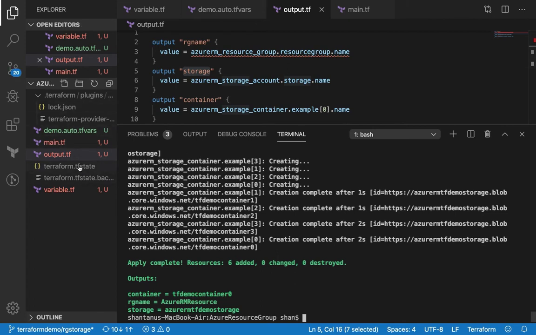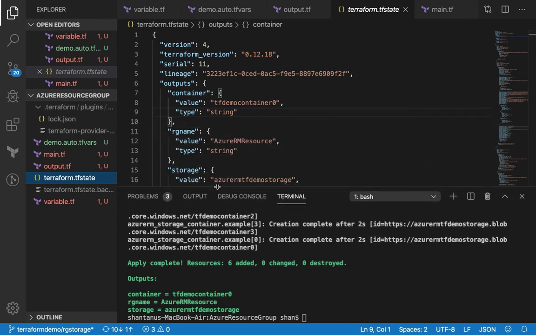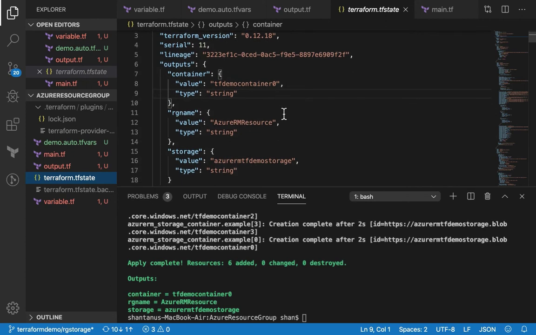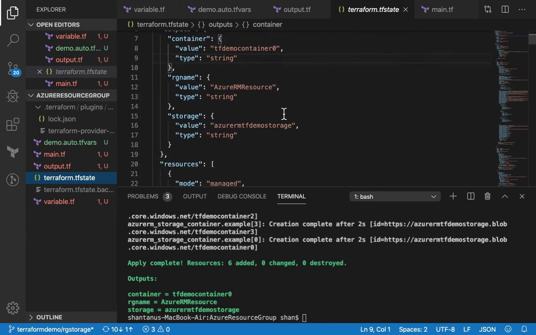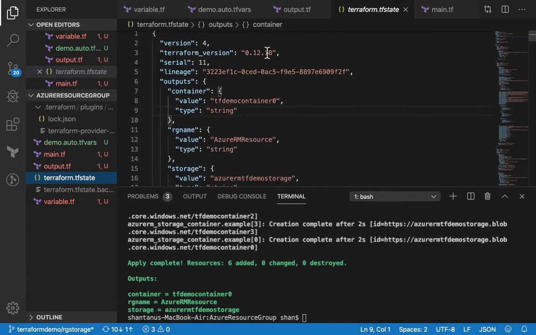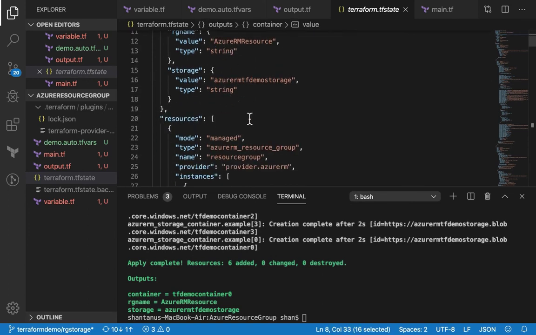You would notice that Terraform has also created a state file. The state file is basically a database for Terraform. Terraform stores information about your managed infrastructure and configuration. It is used by Terraform to map real world resources and understand what resources it has created and what resources it needs to delete when you give a destroy command. State files are simple JSON files which store all your information. You can see the version of Terraform defined over here, and then the containers which are being created,